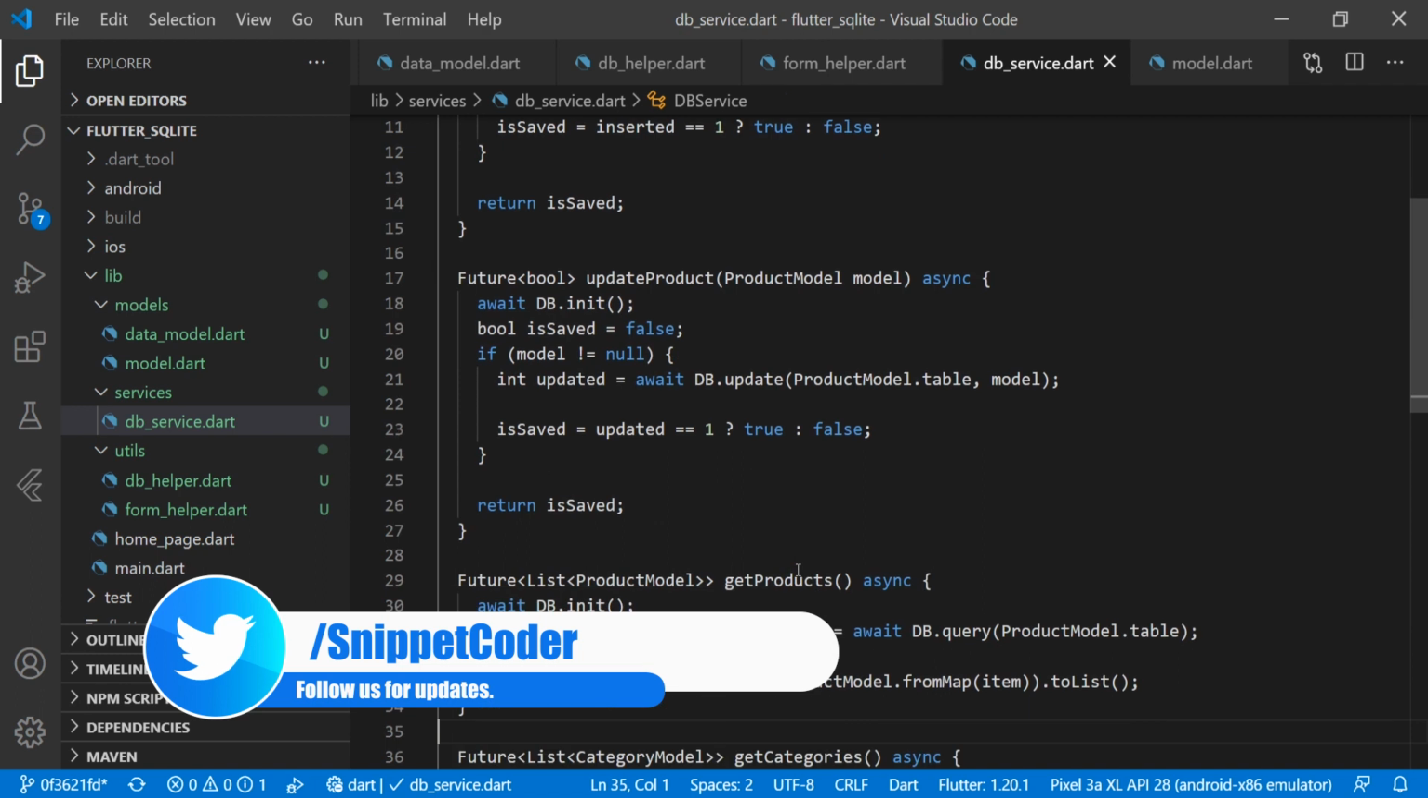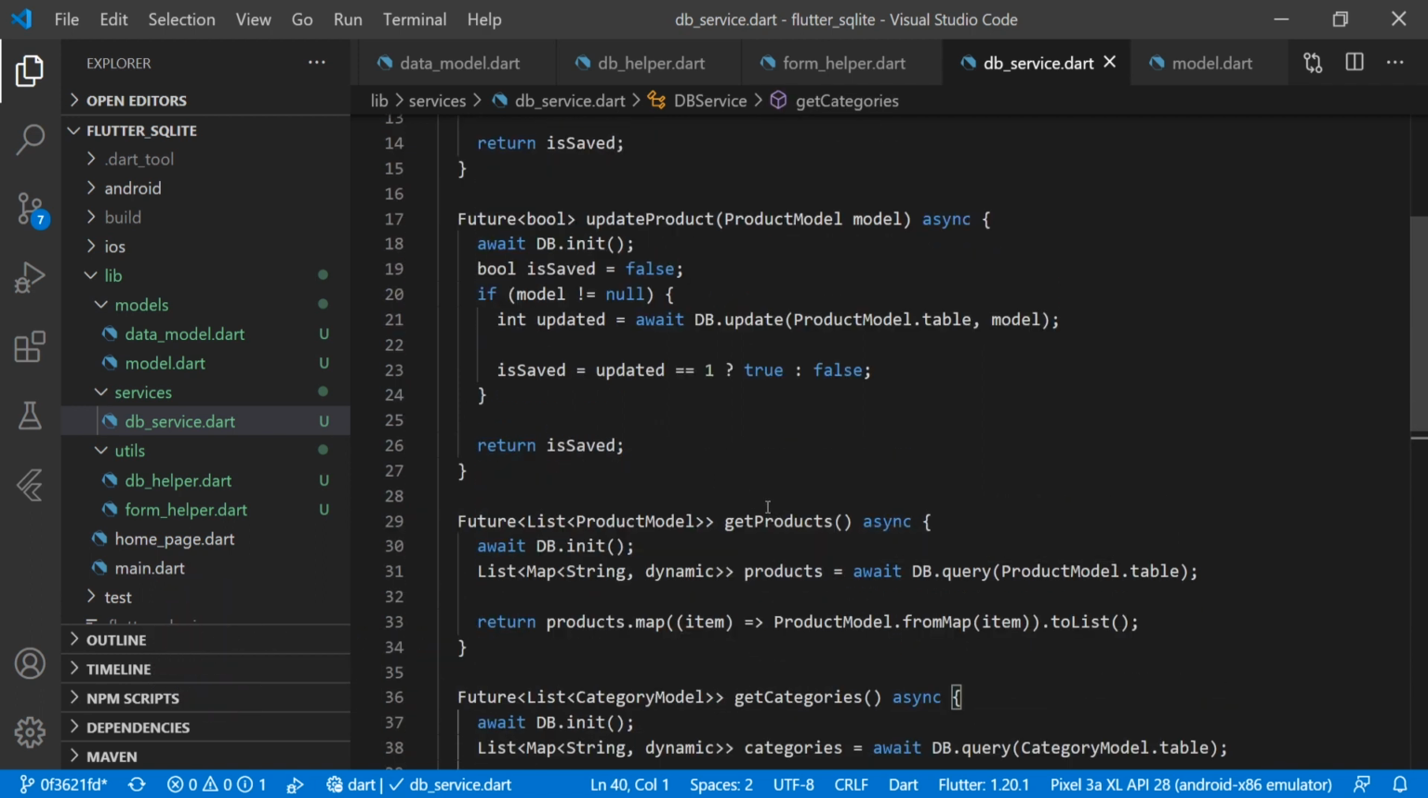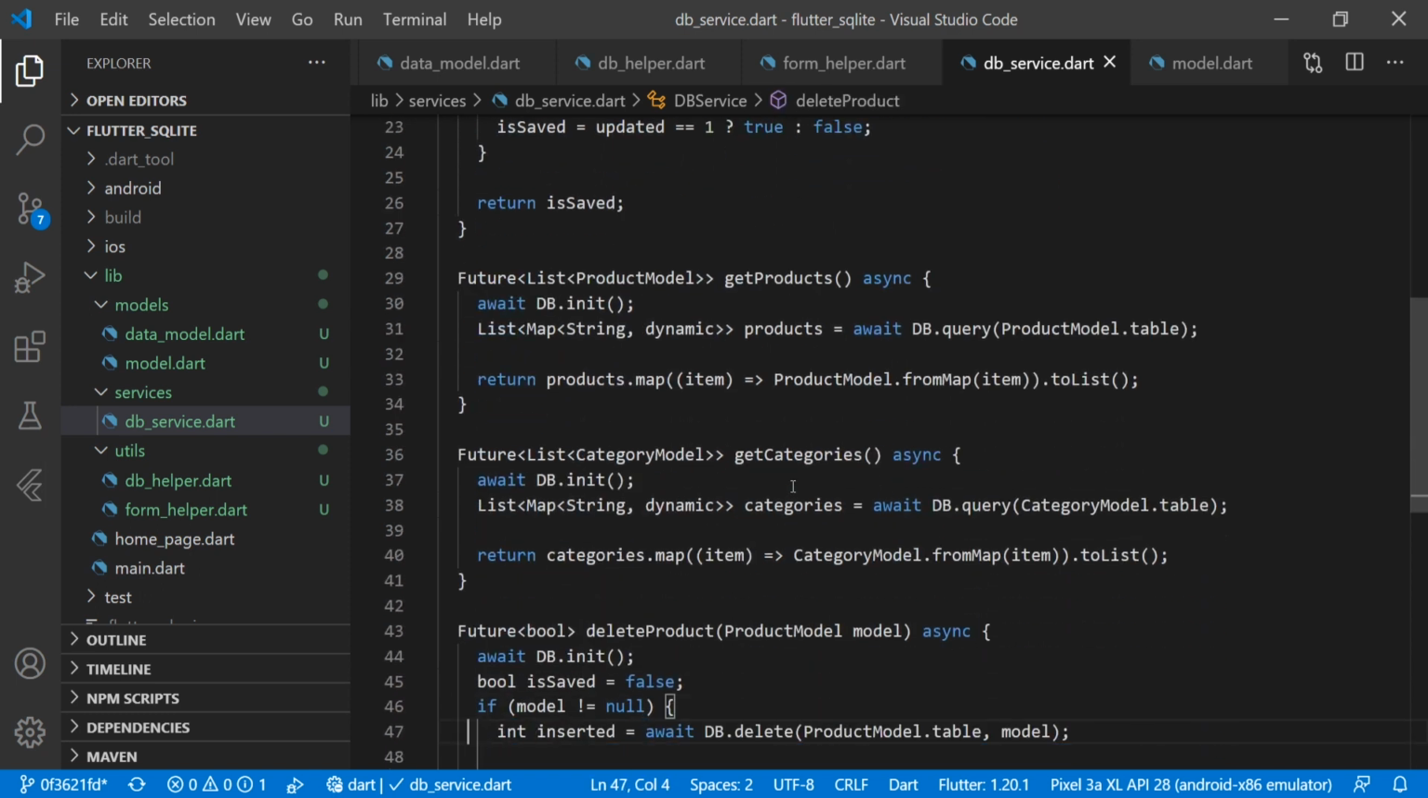Then we have one more function we have created, that is getProducts, which we will use in the data table to show whatever data we have created. We have created it in the same way. We are just calling db.initialize, and then we have a variable products, that is of type list of map string dynamic. Then we are calling db.query, and we are passing the table name over here. Then we are doing the mapping with the product model, mapping the list, and doing toList. We do the same for getCategories, which will be used for the dropdown,